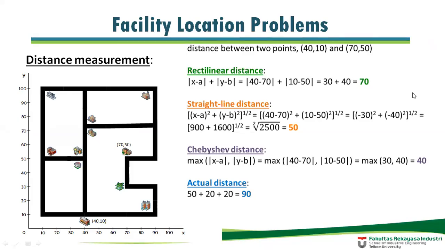In facility planning, especially to find the right location, there are four approaches. There are four methods of measuring the distance: for instance, the rectilinear distance, the straight line distance, the Chebyshev distance, and the actual distance. And if you use the rectilinear distance, it can be applied